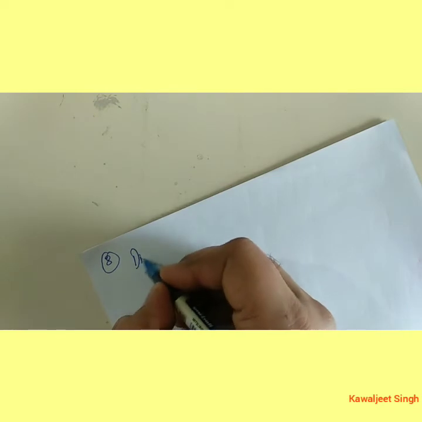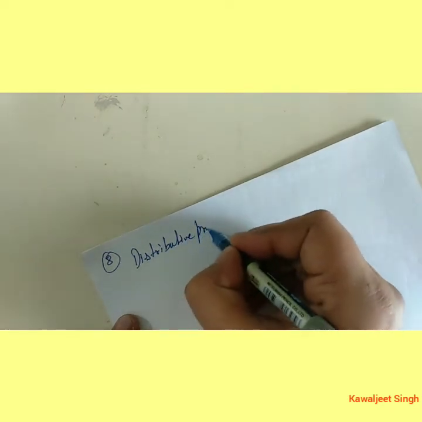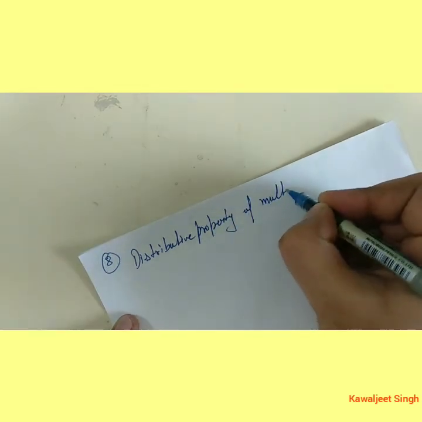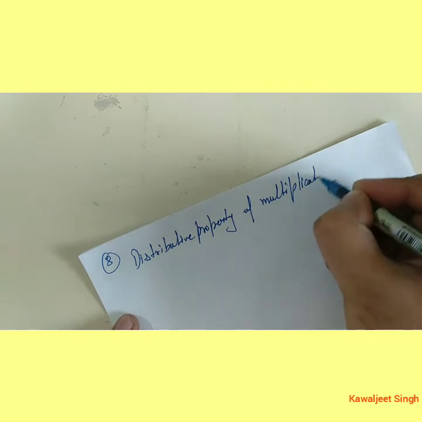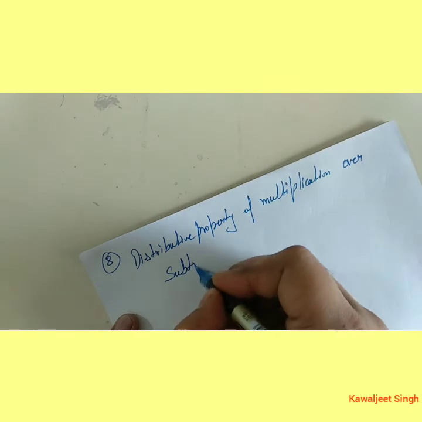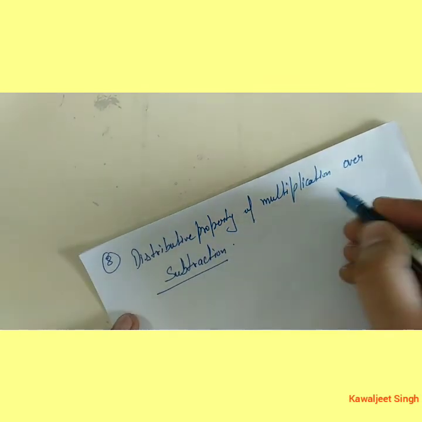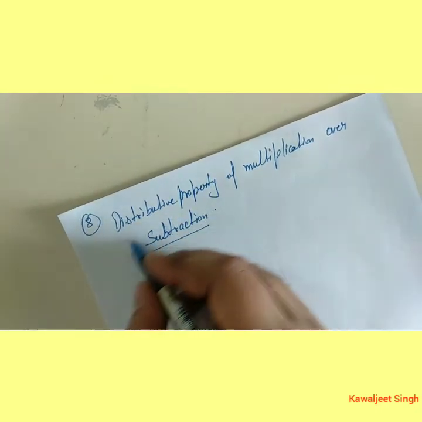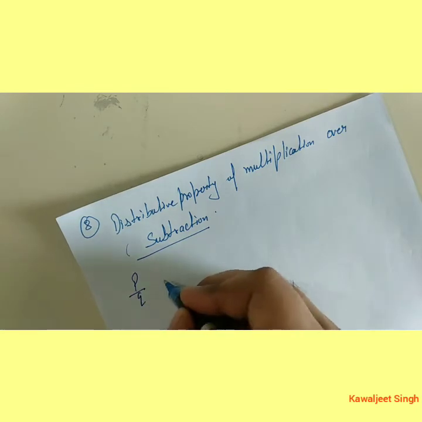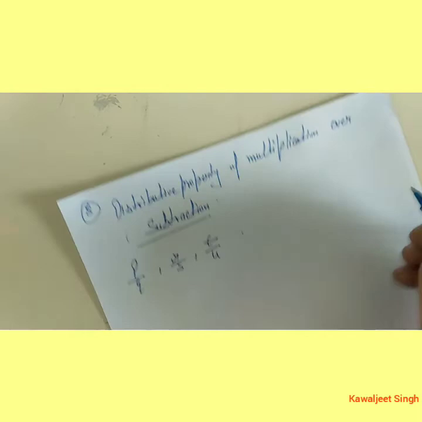Similarly, we can check the distributive property of multiplication over subtraction. In the previous seventh property we saw addition, and now we have to see the subtraction. So similarly, if p by q, r by s and t by u are three rational numbers,